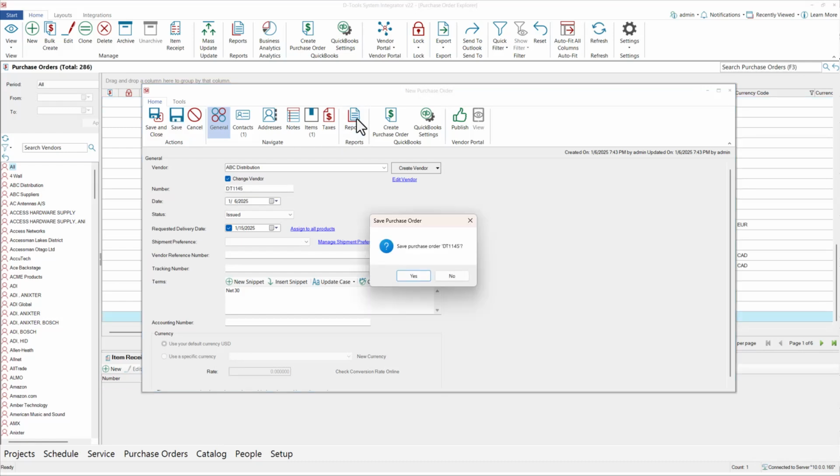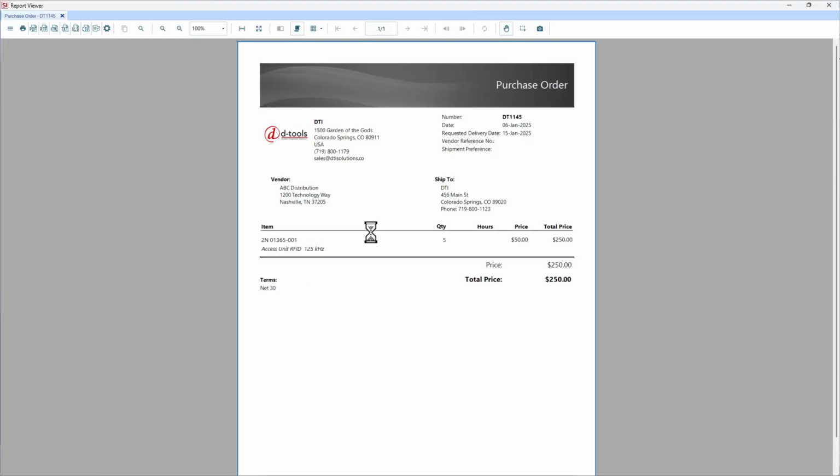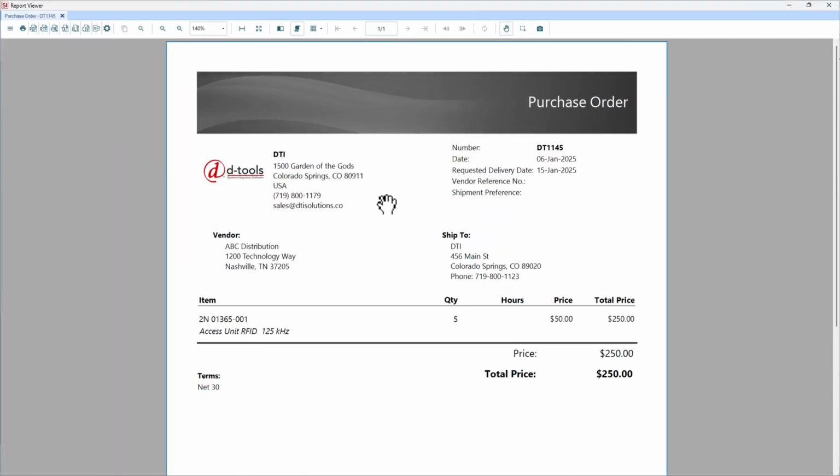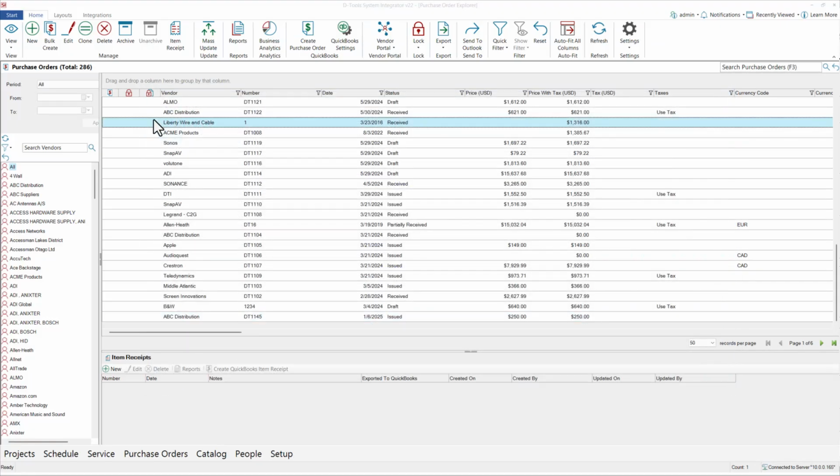And then I'm going to click to run a PO report. I'm going to use our standard purchase order report here and go ahead and run that. And so you can see here a nice report showing my company information, high-level information about the purchase order, my vendor info, the ship to address, as well as the details of what I'm purchasing. I can go ahead and print that. I can export to PDF and process it. When I'm done, I'll go ahead and save and close,